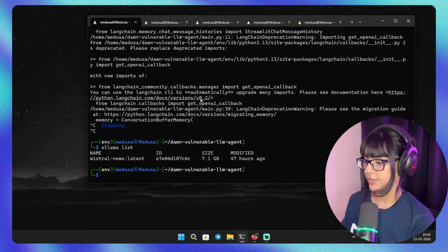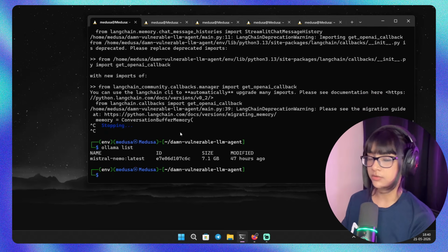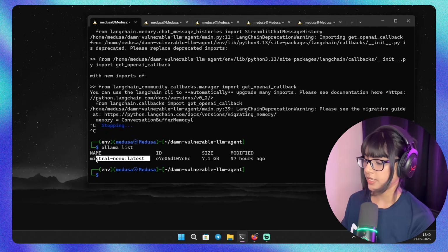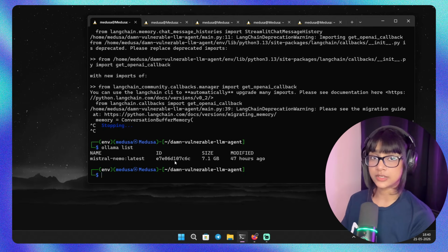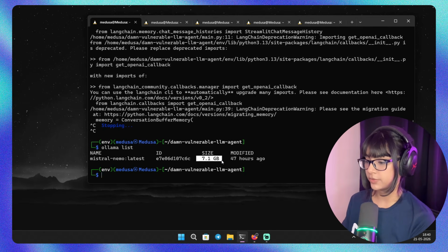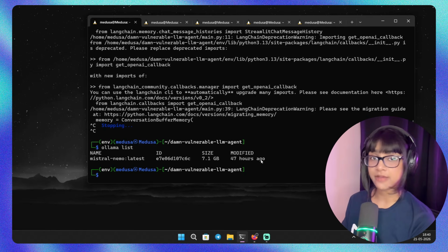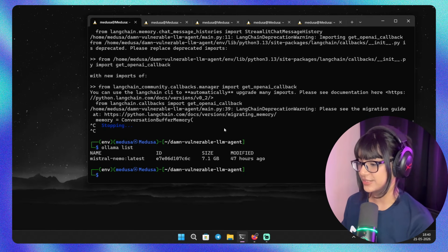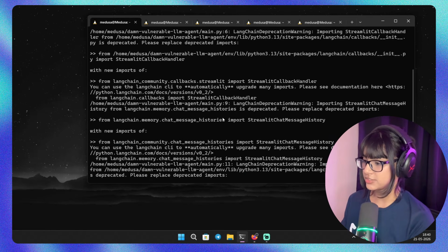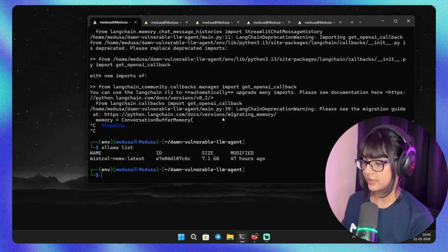List. So this is the command you can use to list the models. This one is a free AI model, Mistral Nemo, and it's pretty good and enough for this lab. As you can see, it's 7.1 GB, so you should have at least that much space on your PC. Okay, to start the DVLA